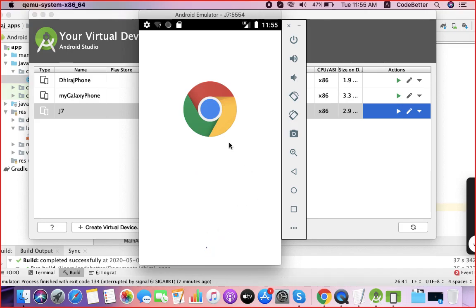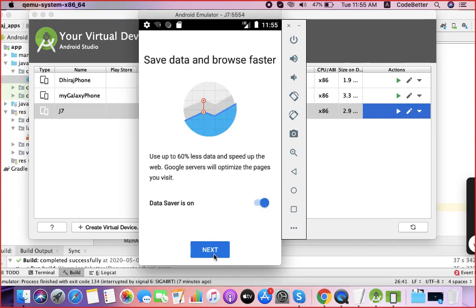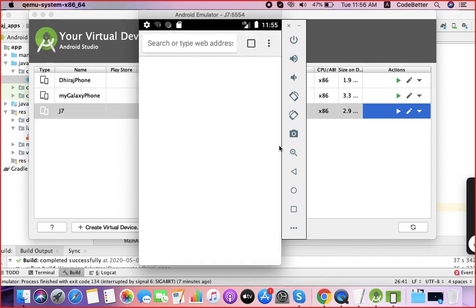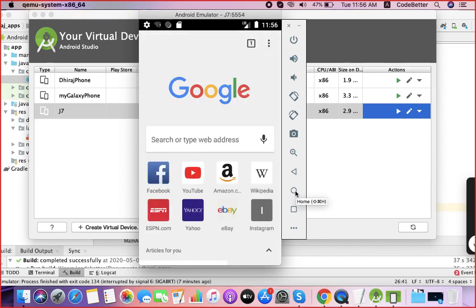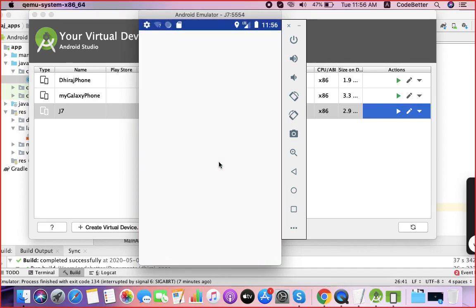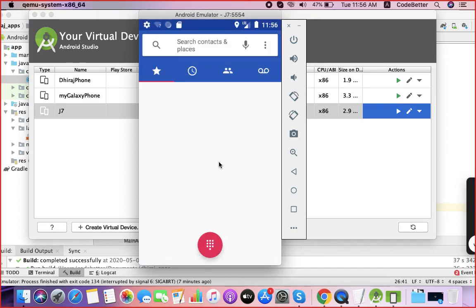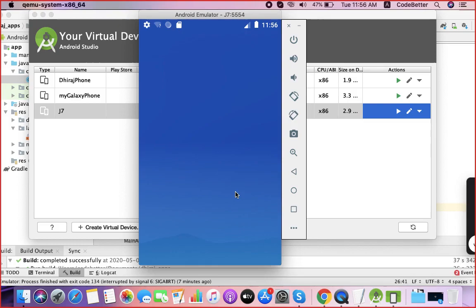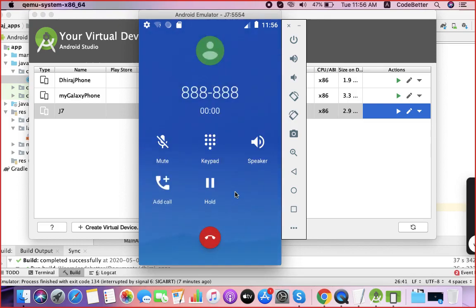So this device actually works like a real phone. Similarly, you can click on this home button to go to the home screen. You can start the Google Map app. You can start the dialer. So all the apps are installed here on this virtual device. It works similar to a real device. Yeah, it tries to simulate all the features of a real device.